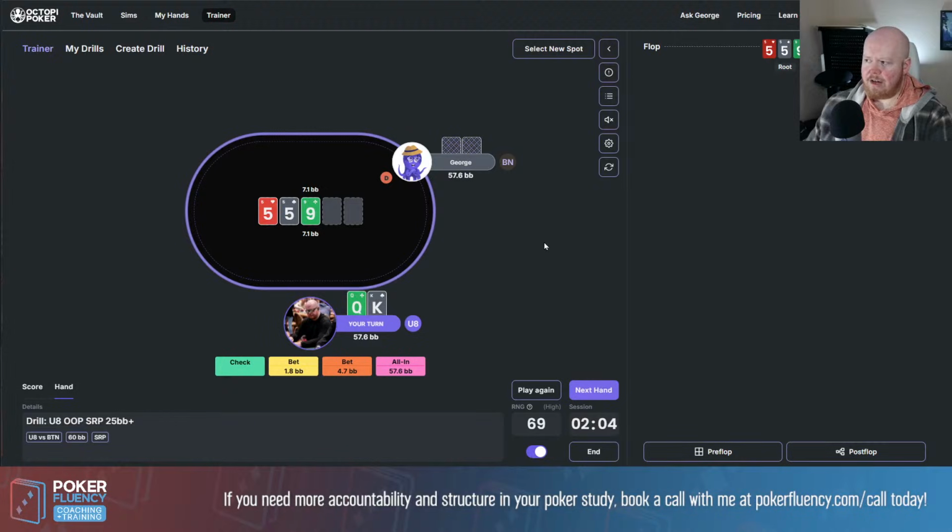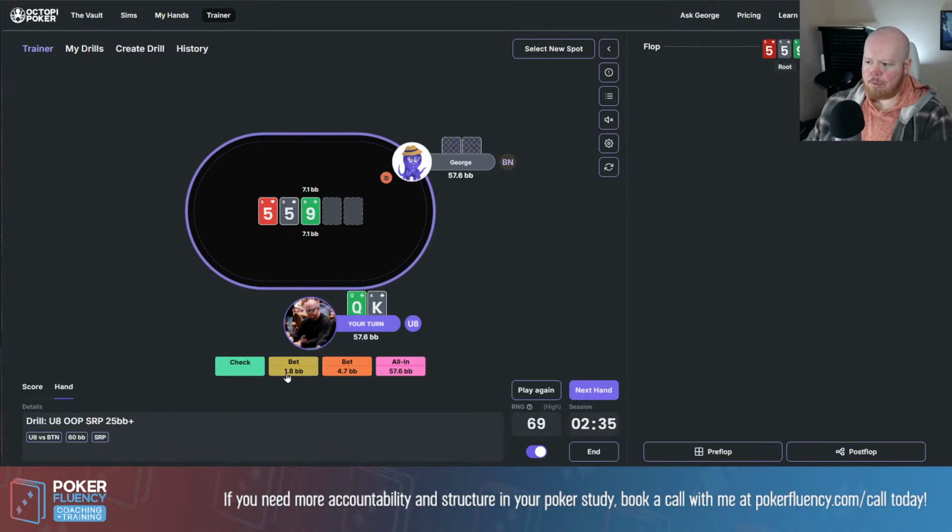So what we have to decide, first of all, is do we think our hand takes pure action one way or the other? Usually, a pretty good rule of thumb here is that for a lot of these out of position situations, it's much less common for certain hands to take pure action. It's certainly going to be pretty frequent that you'll see a mix going on. And so it's a little bit more straightforward to default to the RNG here as far as what action we take. So with the RNG being 69,